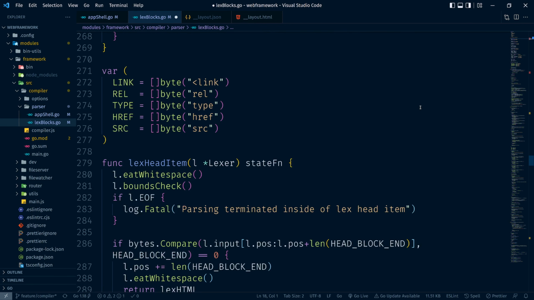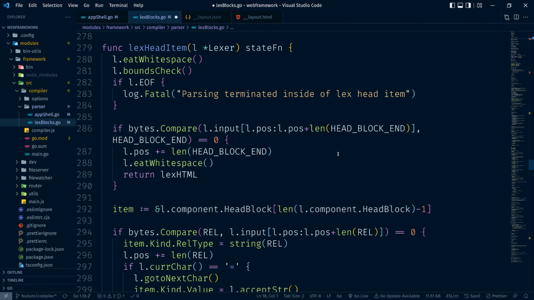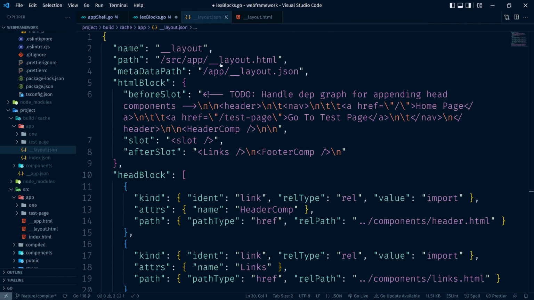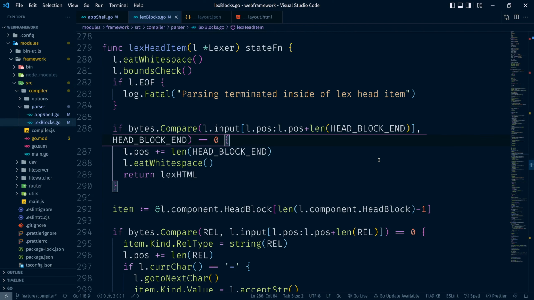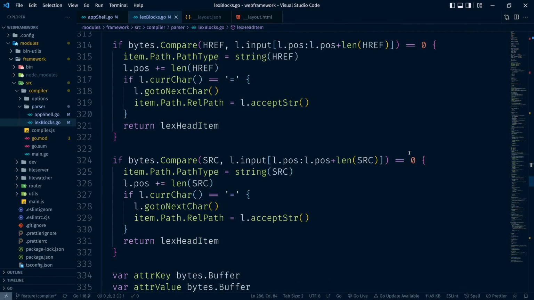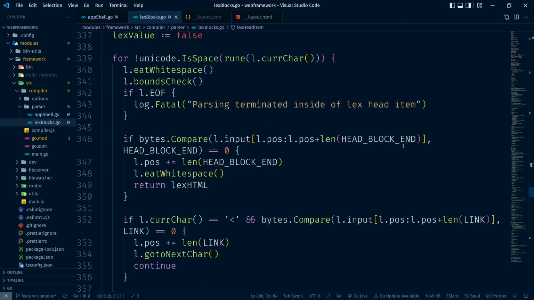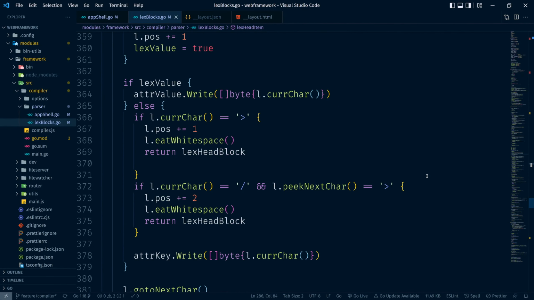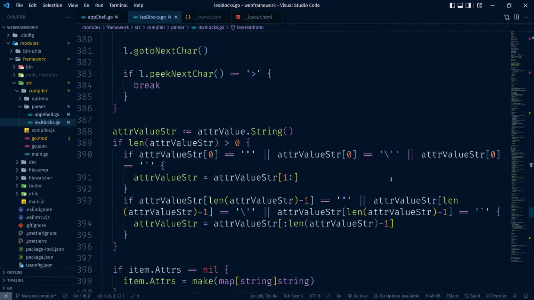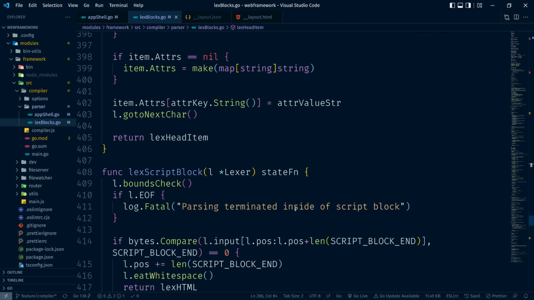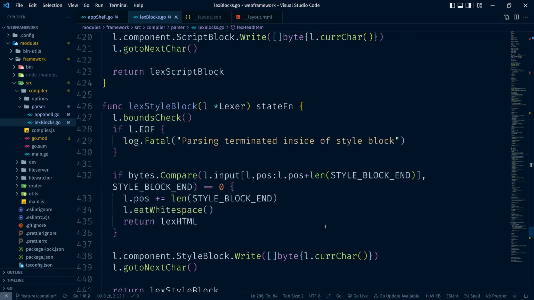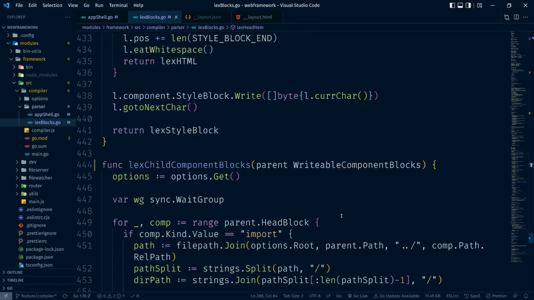Moving down, there's just Lex head item that just pulls out these here. Let's see, move down. That's a pretty chunky function right there. I'll have to do some refactoring, figure out some abstractions that make sense when I start getting into testing of this. But then we're just lexing our script block, lexing our style block. Those are pretty simple. And then the lex child component block, that is a recursive